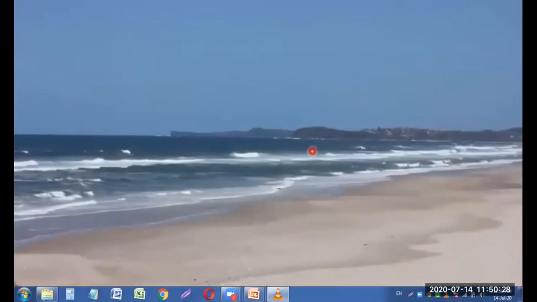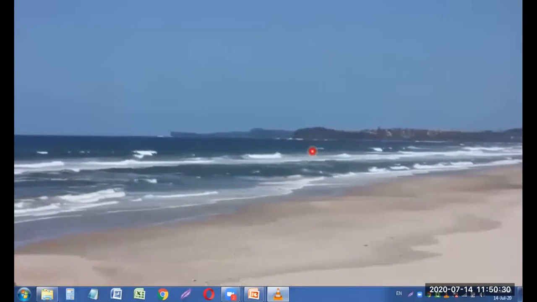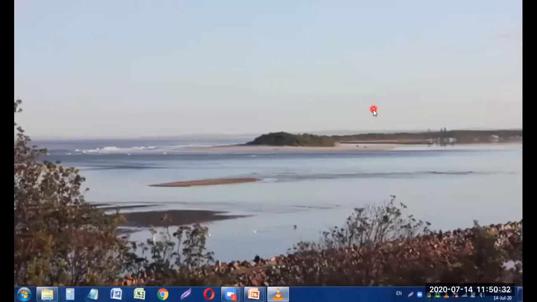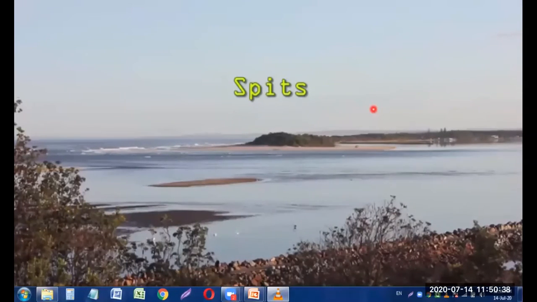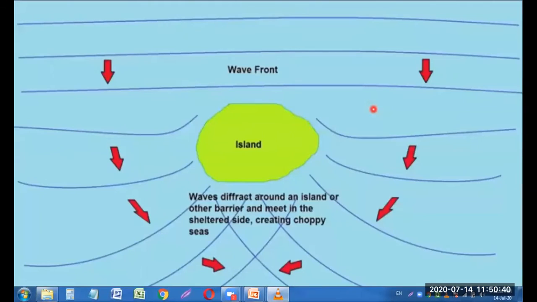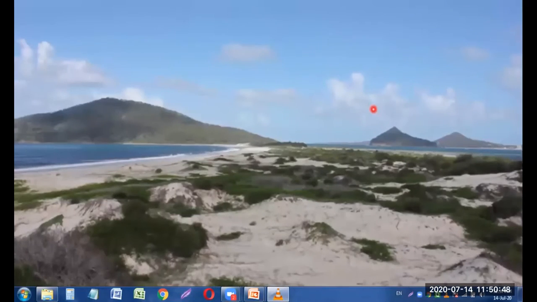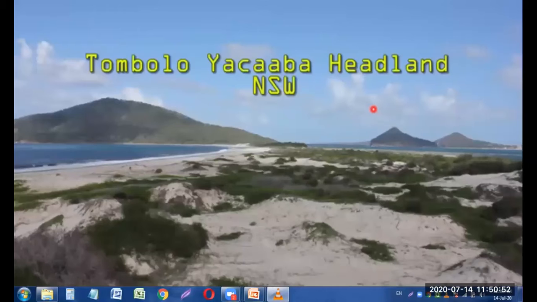If longshore drift occurs predominantly in one direction and then encounters a river mouth or a change in direction of the coastline, sediment can be deposited, forming an extension of the coastline known as a spit. Through diffraction, waves bend around islands, taking sediment with them. Eventually, when enough sediment is built up, the spit will fully connect with an island and form a tombolo, such as this one.